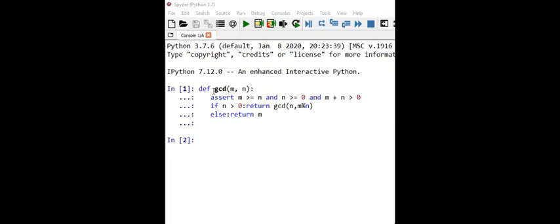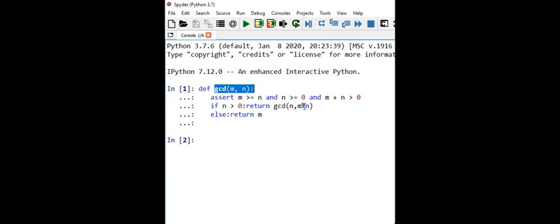Okay, so let's talk about the implementation part. The implementation is based on the recurrence relation which we have just derived: GCD of m comma n is nothing but GCD of m modulo n comma n. Here the input must satisfy these 3 criteria. Criteria 1 is m must be at least n. The second criteria is n must be greater than or equal to 0, and the third criteria is the values of m and n cannot be 0 simultaneously. So we must make sure that these 3 conditions are true whenever we call this function recursively.